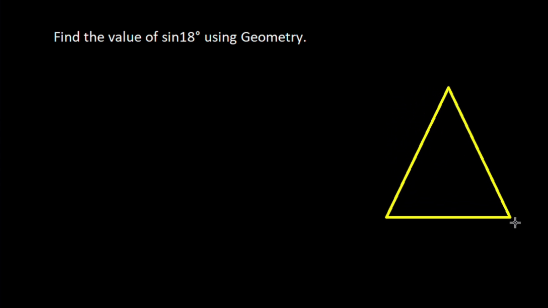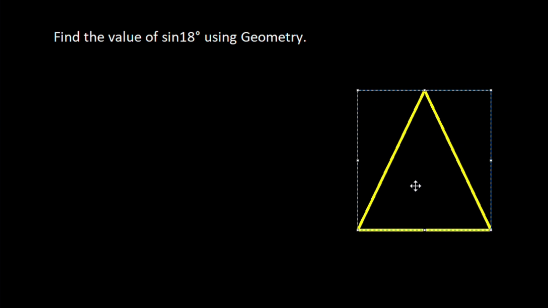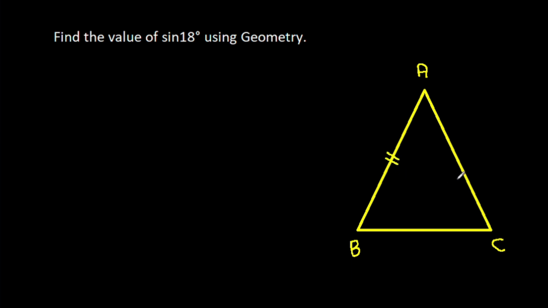So, if we make a triangle ABC such that AB is equal to AC, that is 1, and angle BAC is 36 degrees and BC is X,